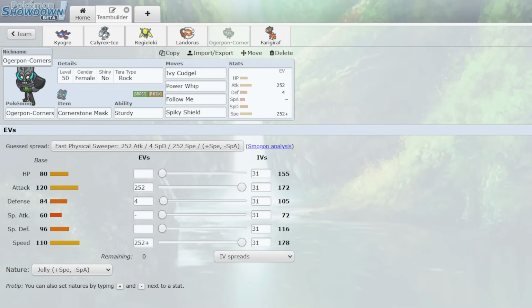Next Pokemon we have is the Cornerstone Ogerpon with the Cornerstone Mask, Sturdy for the ability, with the Terra Rock option, Ivy Cudgel, Power Up, Follow Me, and Spiky Shield. It's a pretty standard Cornerstone Ogerpon, not much to say. I do like still running the max speed Ogerpon because it is able to just outspeed things consistently and dish out a lot of damage with the Ivy Cudgel and Power Up, and that Sturdy does give the Cornerstone Ogerpon a chance to usually be able to survive one hit guaranteed and redirect,